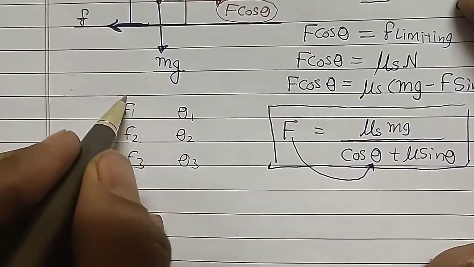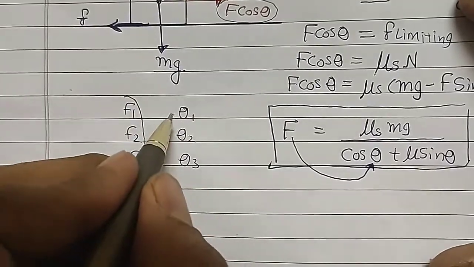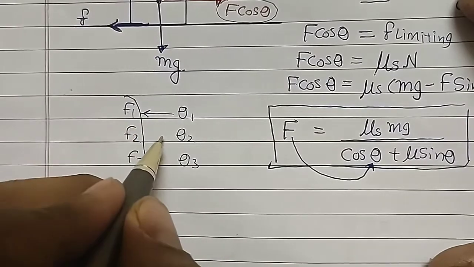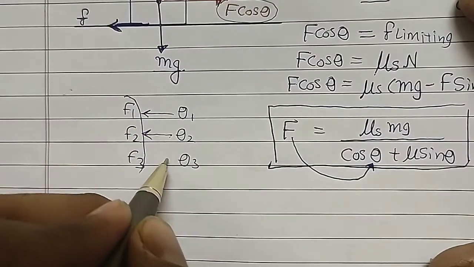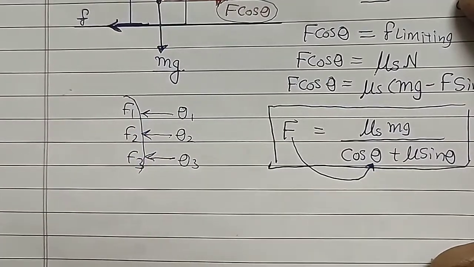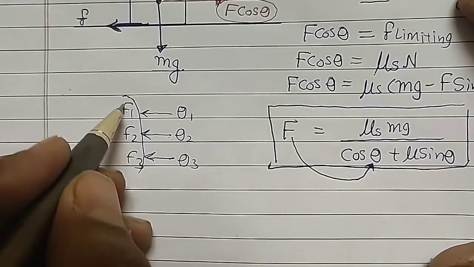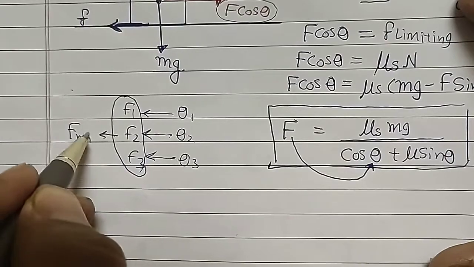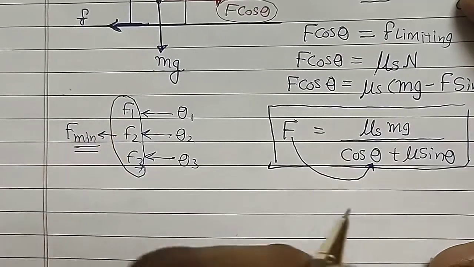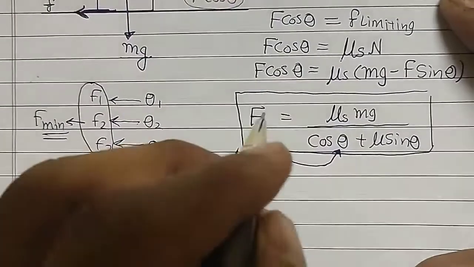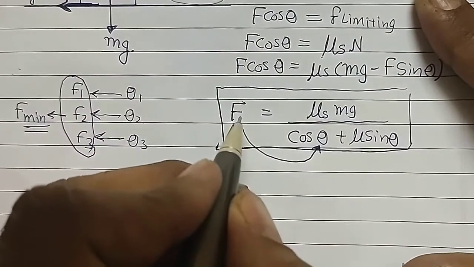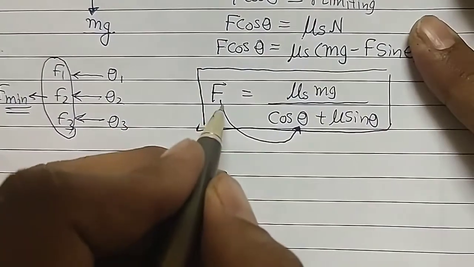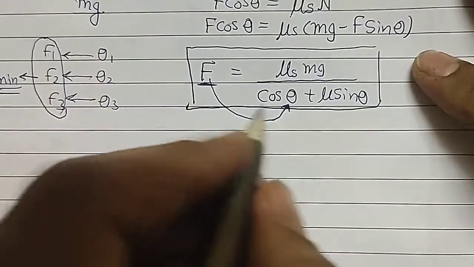Now out of these values, suppose at theta 1 angle the minimum force required is F1, at theta 2 angle F2 force is required, at theta 3 the minimum force required is F3. Today I want to find out of these forces, which one is the least one? Out of this also, who is minimum most? So you can understand that if you want to make F minimum,